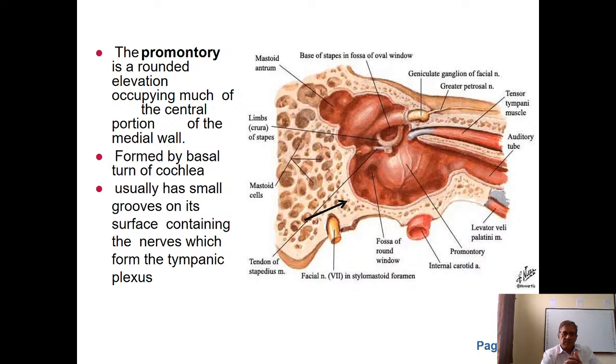That is the innermost bone of the ossicles. Now that is the stapes,